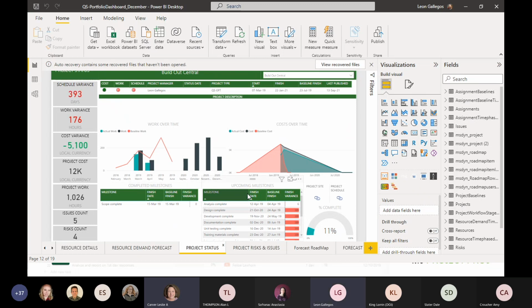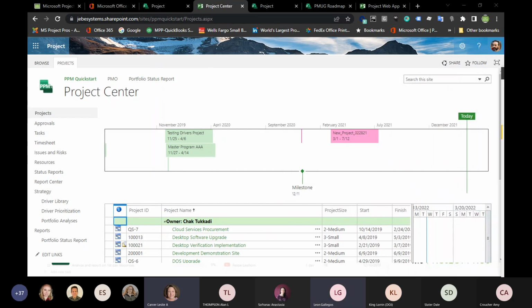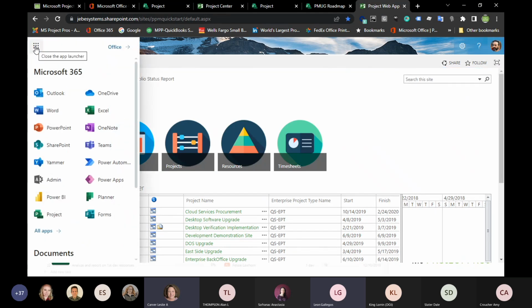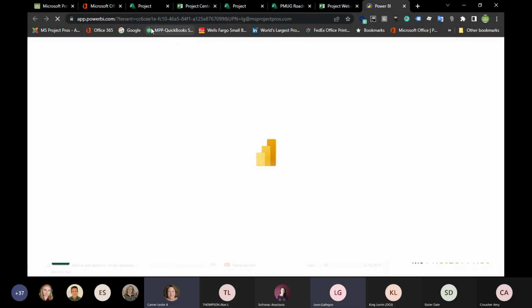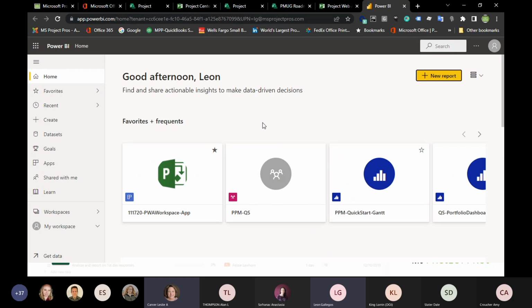So essentially what happens with Power BI, to go into a little bit on that, is this is on the desktop, right? And so on the desktop is where I'm doing the development of it. Now let me just pull this over for a moment so you can see something else. If I go up to the little waffle and I go down to Power BI here, I'm in the browser, right? I'm in the web-based interface of Power BI. This is what they would refer to as the Power BI service.